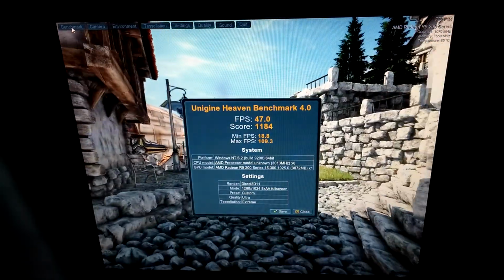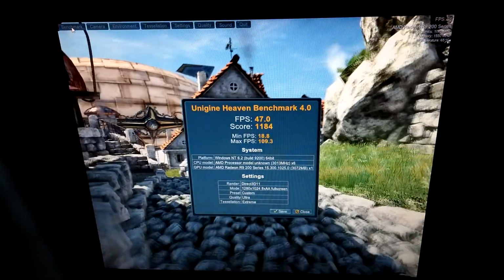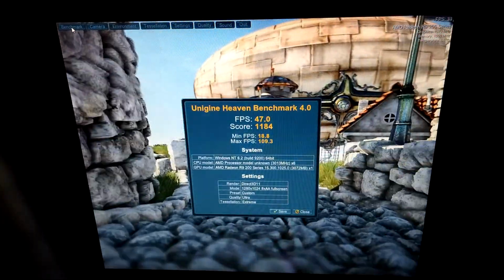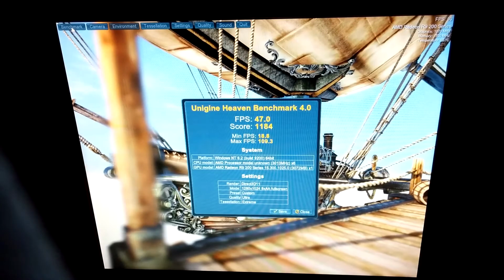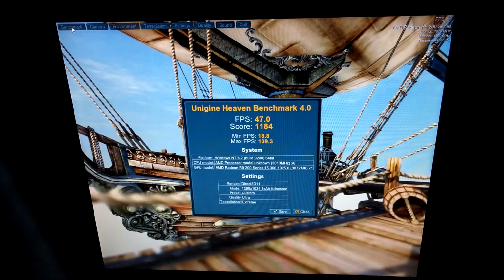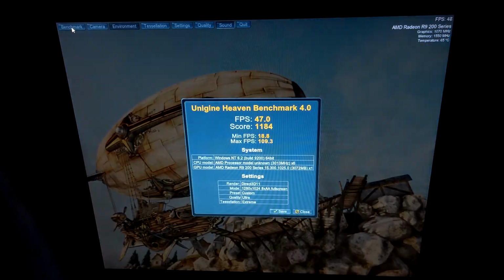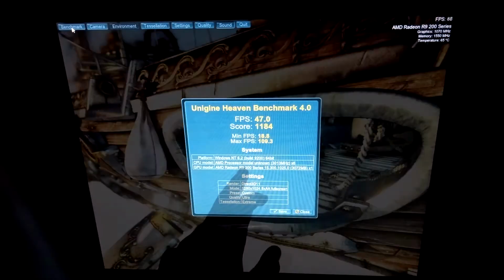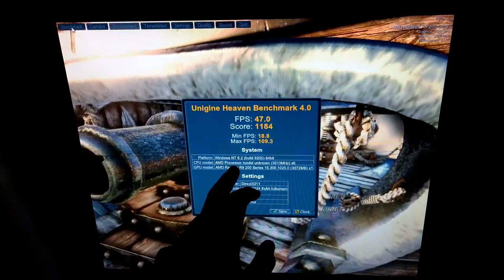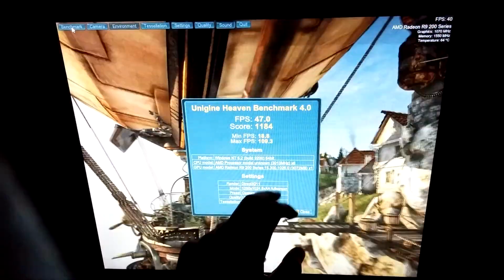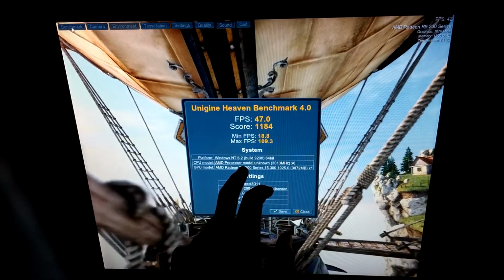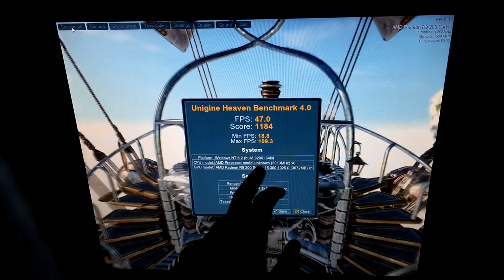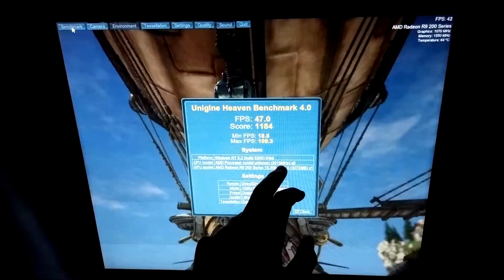Okay, and here's the result. Unigine Heaven benchmark 4.0, frames per second 47, score 1184, minimum frames per second 18, maximum frames per second 109, and this is Windows 8.1 64-bit, and I'm running an AMD Phenom 6-core CPU. It's unlocked. It's basically a quad-core CPU which is unlocked, and that's why it says model unknown, and it's